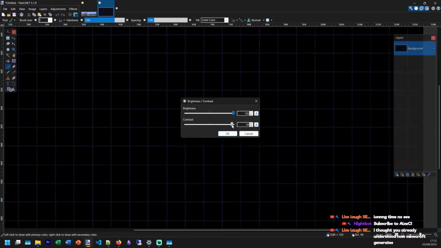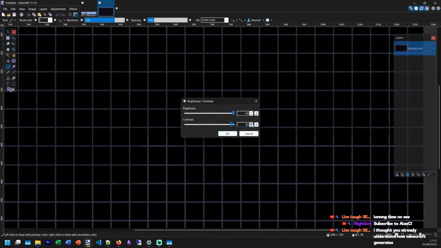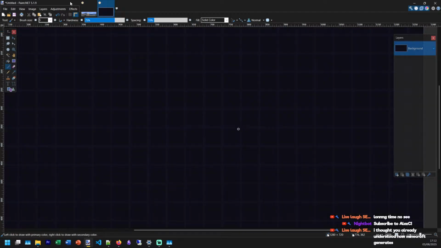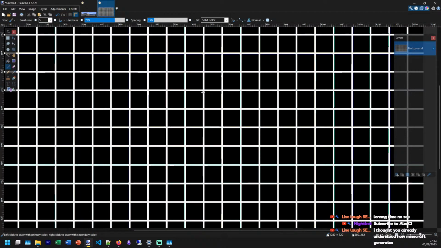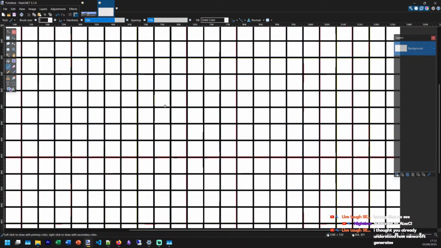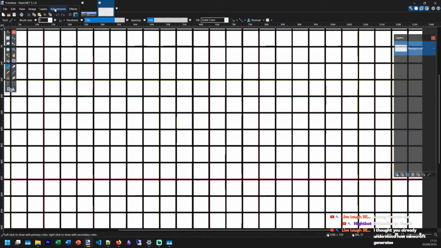Give me a second. No, this is, you know, I'm sure there's something else, like maybe auto level. Yes, let's put, oh my gosh, no, it's Control Shift I. That is just bad. Just tone it down a bit.